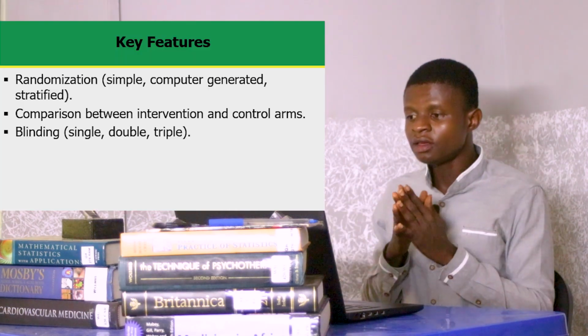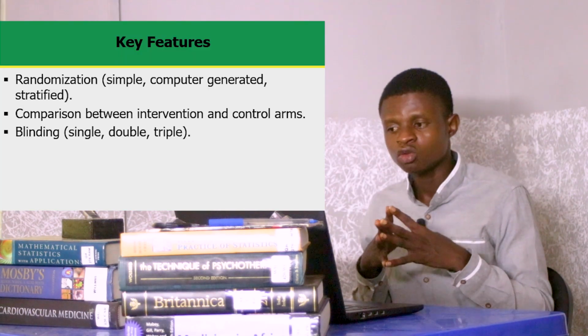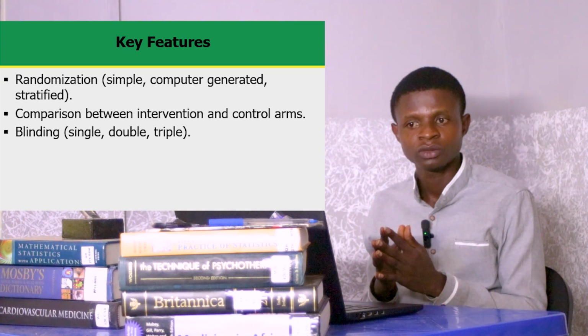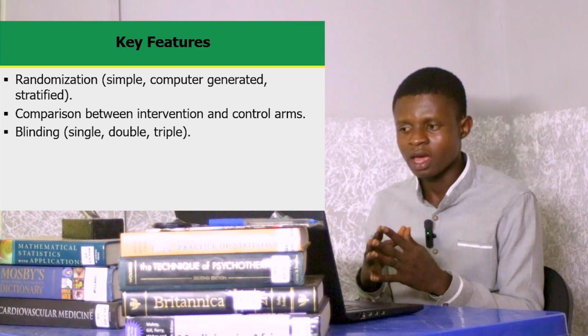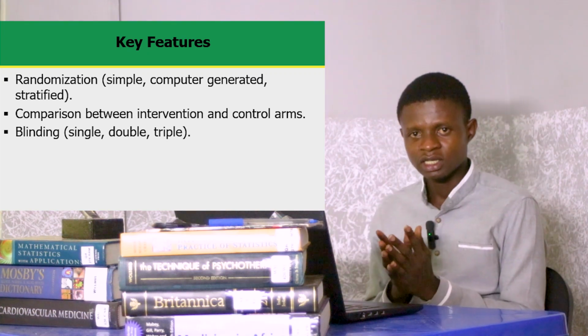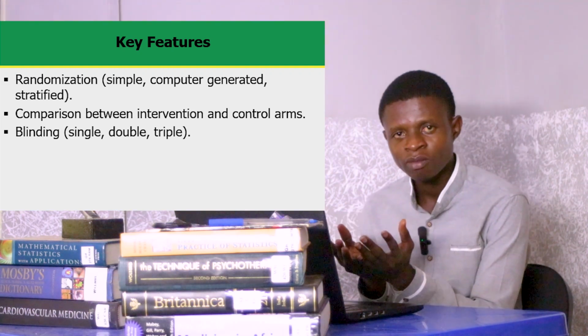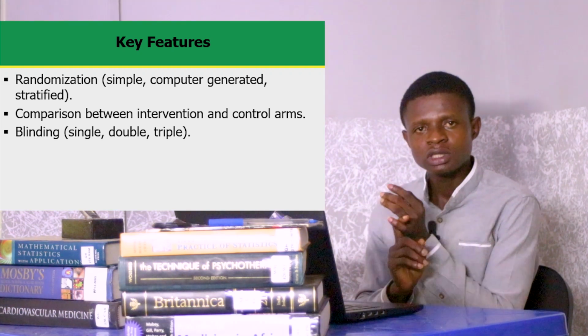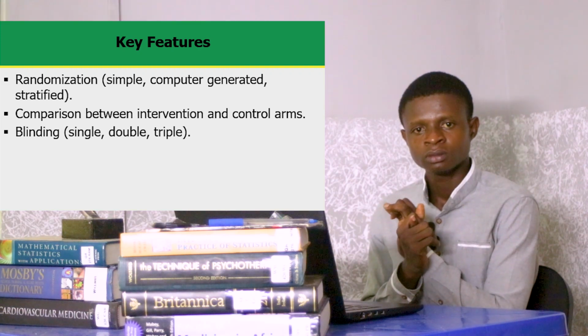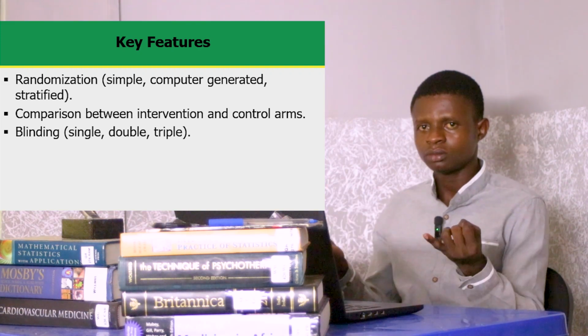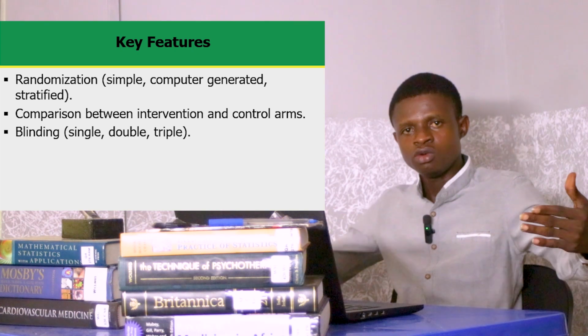And then the key features of randomized control trial. So in randomized control trial, we have the randomization, which is the basis of randomized control trial. So in the randomization, you can do simple random. So simple random, let's say you want to recruit